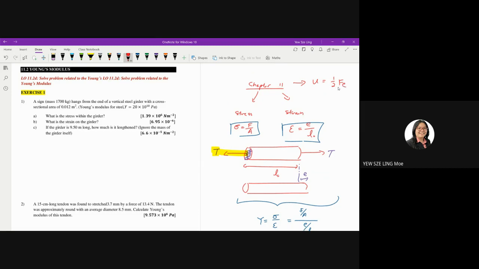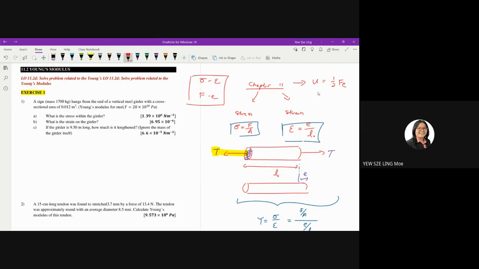Okay, 1 over Fe. So strain energy is just apply the equations, or you can calculate it from the F against E graph. So in this chapter, you have two graphs. The first one is the stress against strain graph, and the second one is the F against E graph. Both of them have the same shape, but they serve different purposes. One you use to calculate strain energy per unit volume, another one you use to calculate the